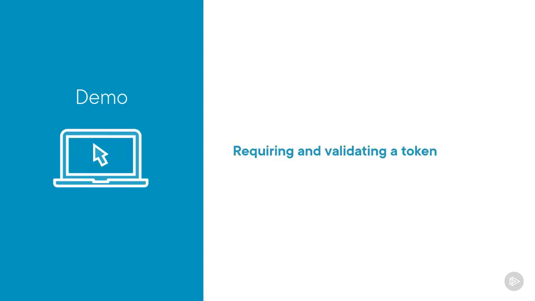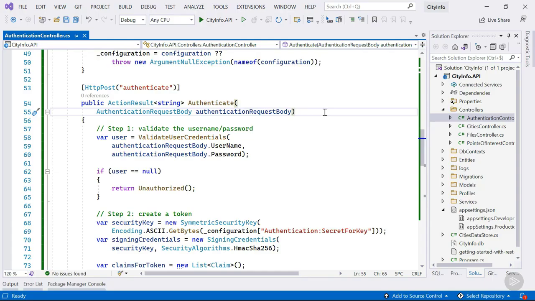In this demo, we will learn how to make sure that our controllers require authentication. And we will learn how to access these secured controllers by using the token we just generated. We know from the slides that the bearer token authentication scheme is used to send a token to the API on each request. There's a piece of middleware that we can use that will validate the incoming token, the JWT